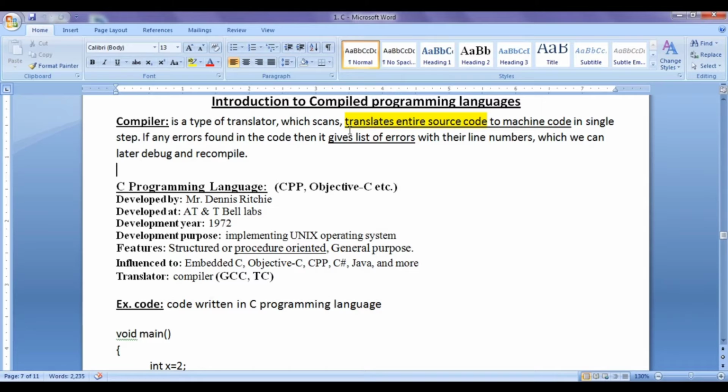Now let's discuss how compiler works. We know that interpreter translates and executes the code line by line, whereas compiler translates the entire source code to machine code. Then that machine code is executed by computer or a processor. Let me make it more clear. Here we are discussing compilers which generate machine code, that is exe files, on translation of high-level language codes.